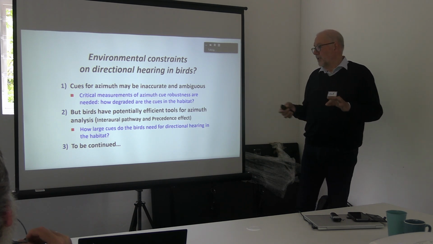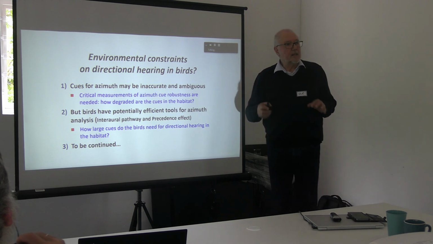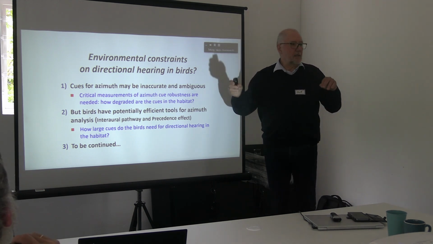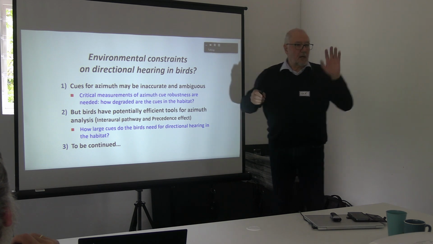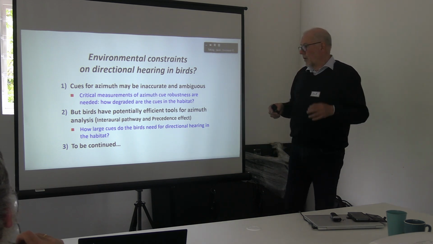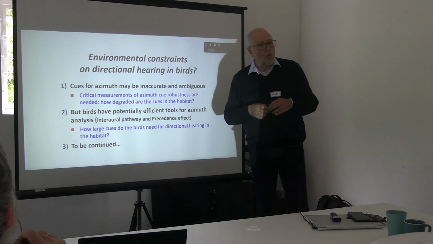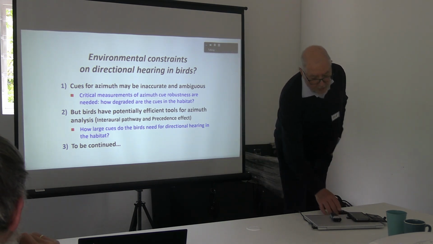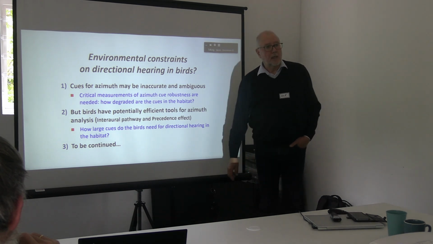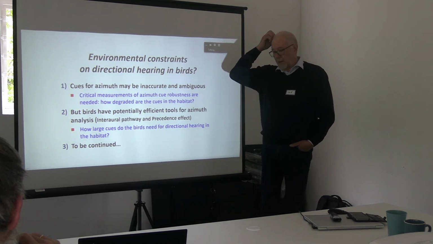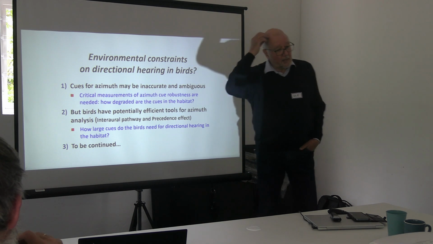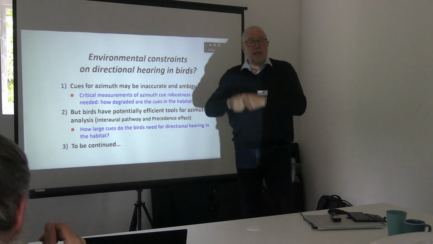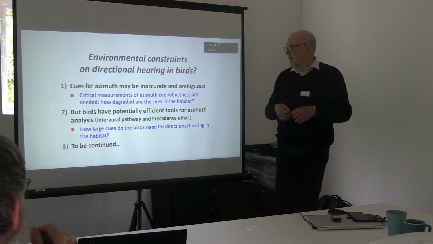But there's one big question we don't know about, and that is how much difference do they really need out in the field? Because some years ago, one of our colleagues, Heiner Römer from Austria, using a biological microphone, which was an electrode directly into the hearing organ of a grasshopper, could take this grasshopper out in the field and could see how easily